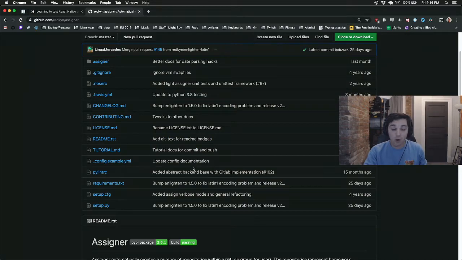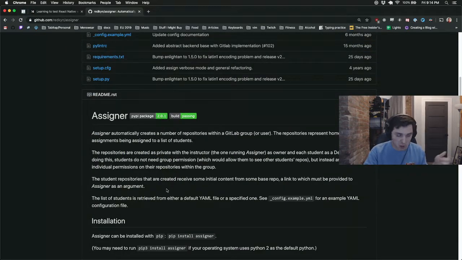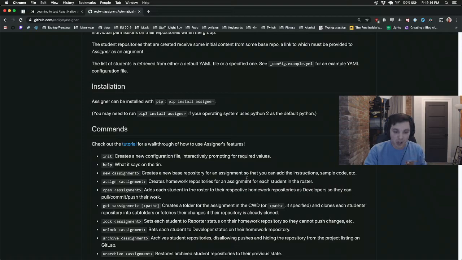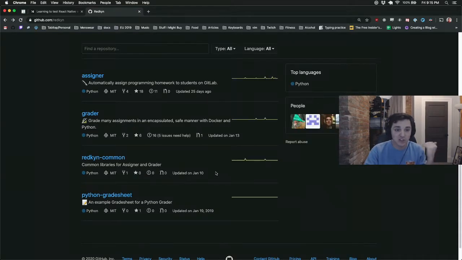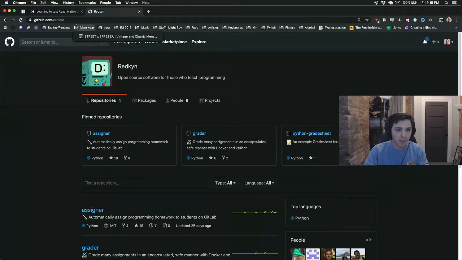And the repositories were only visible to that student. You can only see your homework. And it assigns, here we go, the instructor as an owner and each student as a developer. So the students can only see their own repos, but they can push to the repositories and all that. And then you give it a base repo, which is the homework itself. Super cool. So it gives everyone the homework automatically. You can set it up for when they get it. And again, you as the instructor have access to all this. It's super cool. And again, I'll post the GitHub link in chat